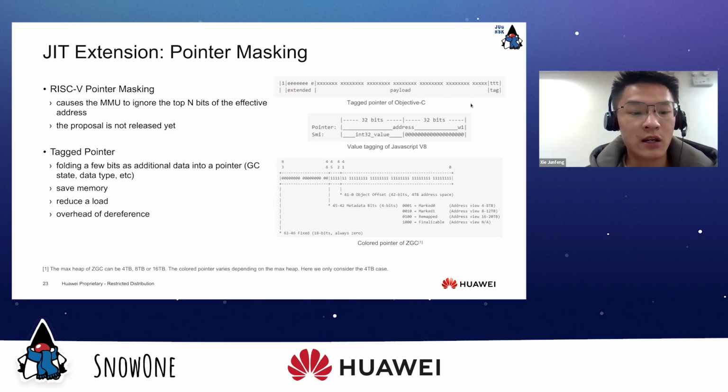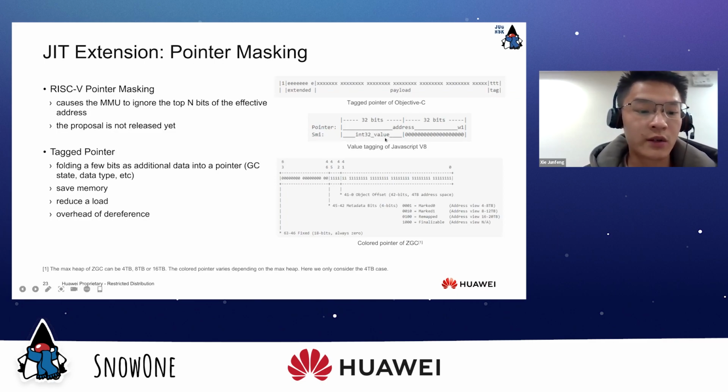On the right, I've given 3 cases of tagged pointers. In Objective-C, the top bit is set to 1 to indicate that this is a tagged pointer. In this case, you can visit the tag and extended bits. The top bit must always be 0 for a real pointer.